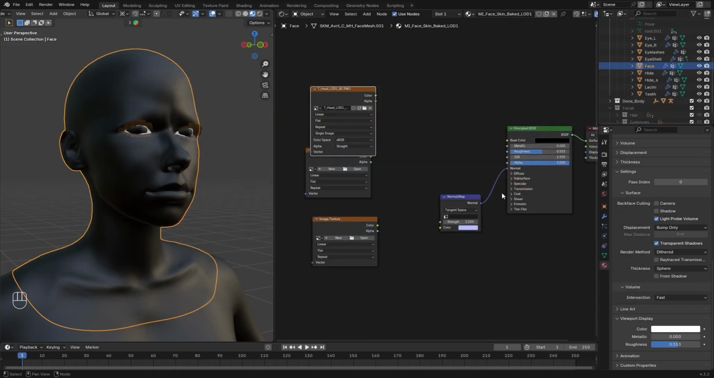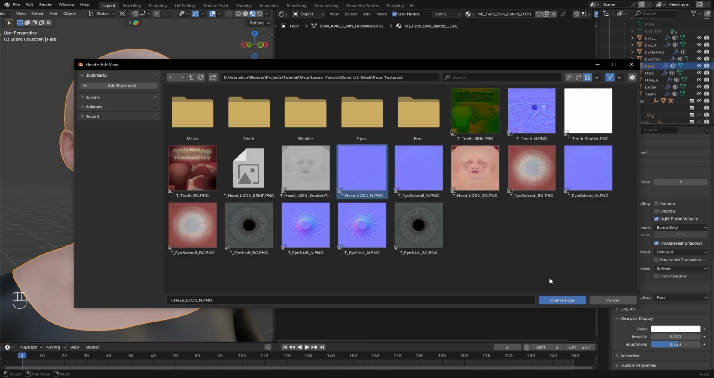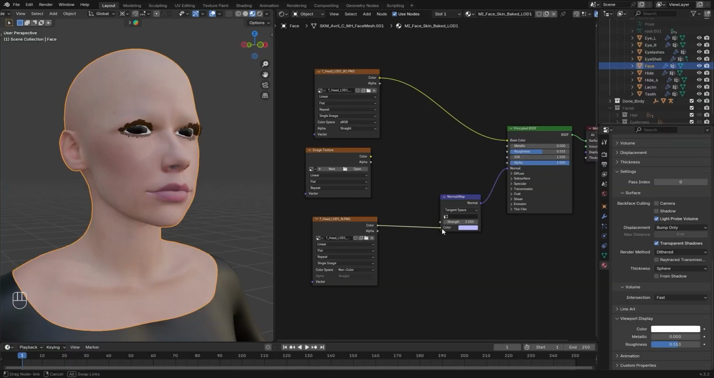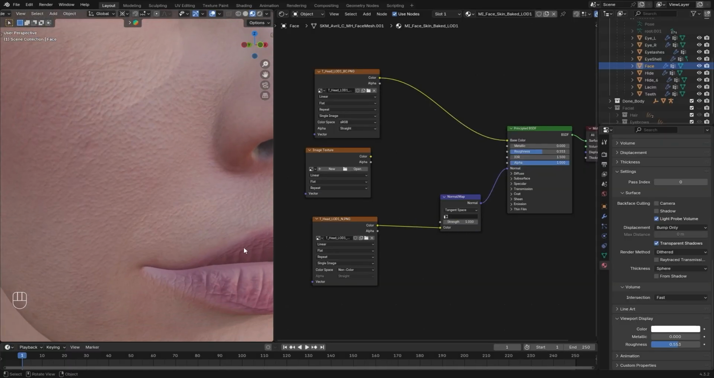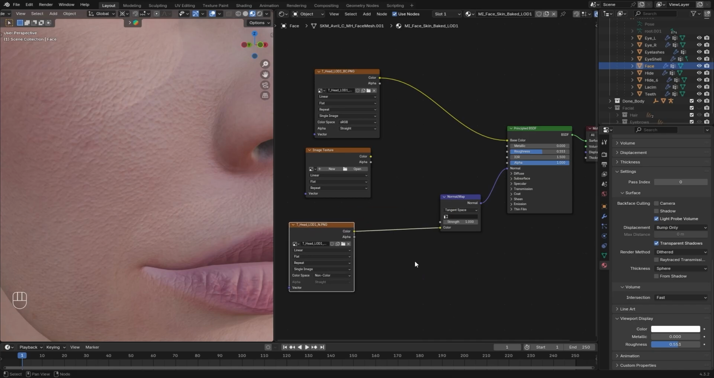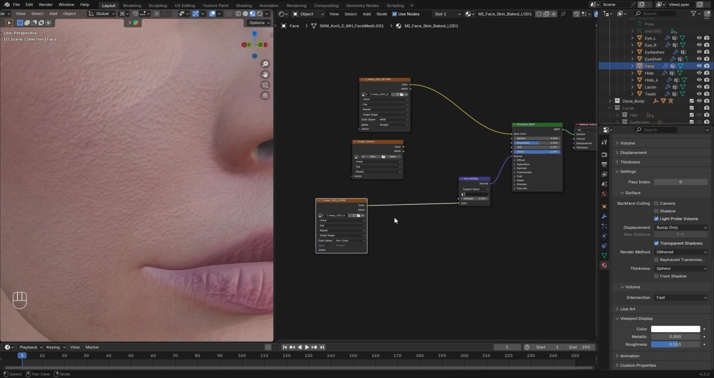Let's import the base color and plug it in. Get the normal, set it to non-color and plug it in. And you can immediately see that this is not right. That's because Unreal uses DirectX normals and Blender uses OpenGL. There are a variety of different ways to flip the green channel, but I want to temporarily flip it to